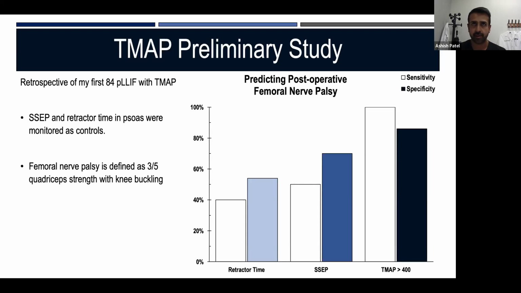SSCP performed just a little bit better than that, but we've got to define posterior tibial SSCPs or saphenous SSCPs. I think saphenous SSCPs have more promise, being the distal end of the femoral nerve. There are some difficulties with obtaining it every time. I think our neuromonitoring techs feel like the saphenous nerve is a little finicky to get reliably, being deeper and smaller bore. But what we found was that TMAP, and using this protocol in which we ran it